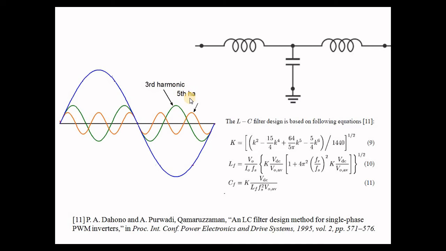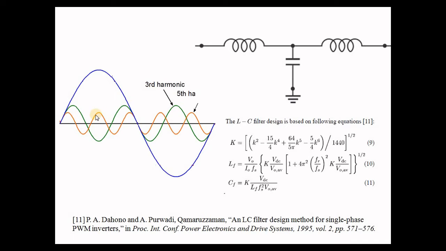If a 21st order harmonic is there, then 1/21st of the magnitude will be affected. So it is not an issue, but it is a major issue with lower order harmonics, because lower order harmonics will affect the fundamental value more. So this is the basic thing, how it is affecting.